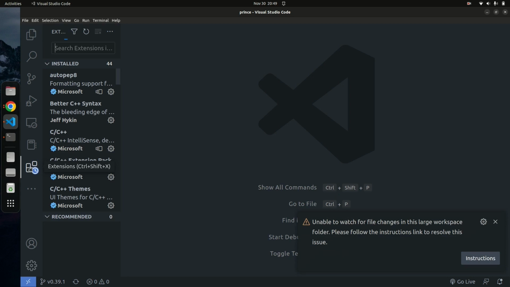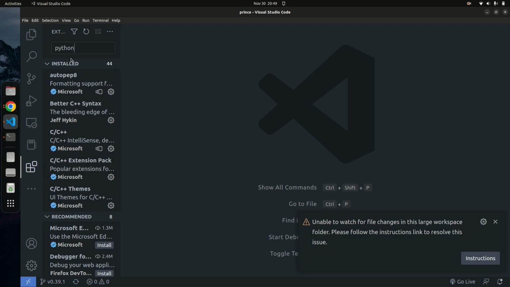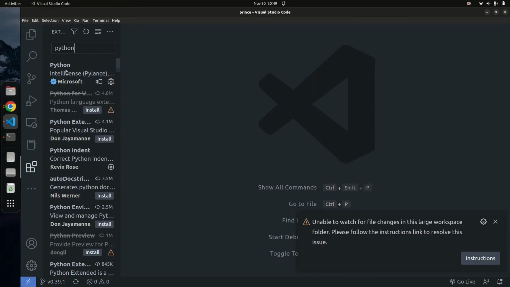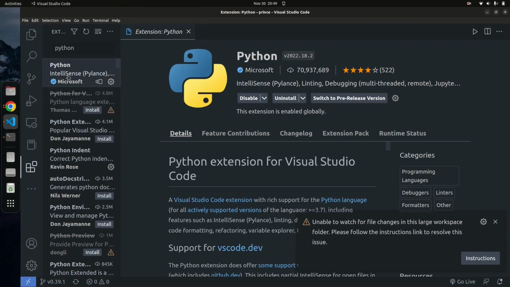Once it's open, just search for Python. The first one to install is Python. We want to install Python right here to complete setting up our IDE. So type Python and click on the first link. This is a Python extension that helps you write Python code and format Python code. You can see debugging, linting, and all of that. Just go ahead and click install. I already have it installed, but in your case, it will not be installed, so make sure that you click install.